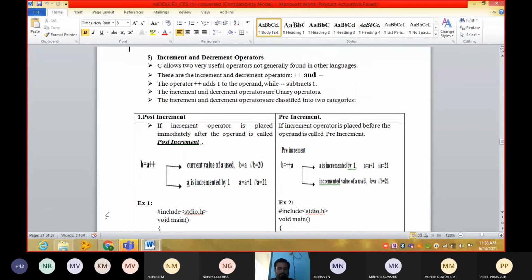The operator plus plus adds 1 to the operand, while minus minus subtracts 1.